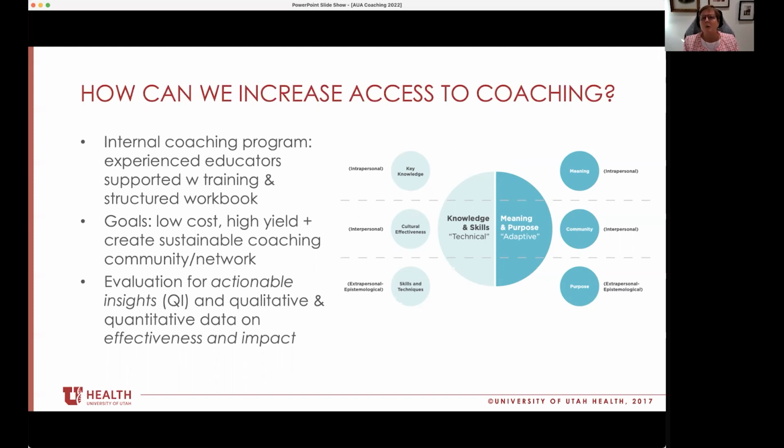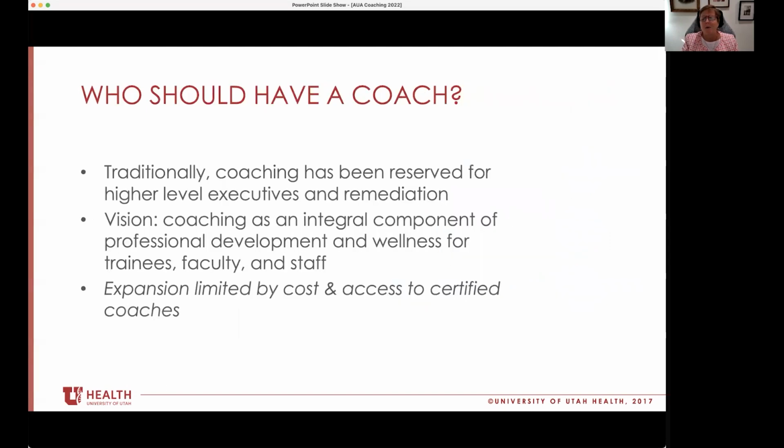When we considered what to focus on in the program, if you think about coaching, Atul Gawande's article in the New Yorker on getting a surgical coach is an example of coaching for knowledge and skills, really the technical side of things. And while we think that's very important, what we wanted to focus on here that we thought was more important for that sort of development as a faculty member was